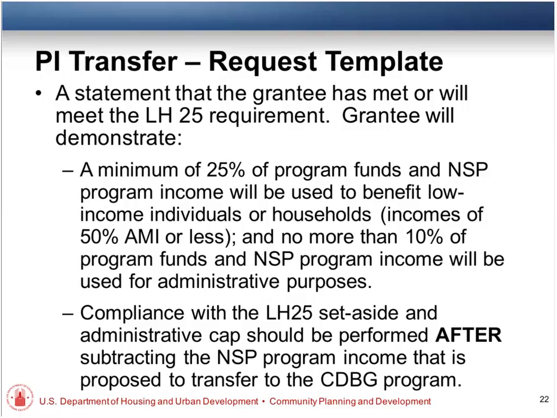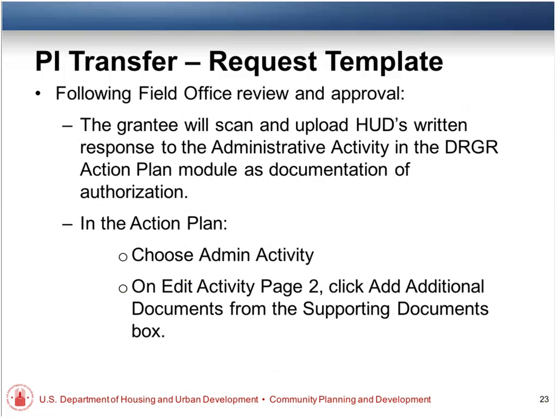What you want to do is help your rep out as much as possible to understand that you've done this analysis and that you either have or will meet this. So again, think of this template as a tool to help you tell the story to your rep. So Jennifer, we can move to the next slide after this LH25.